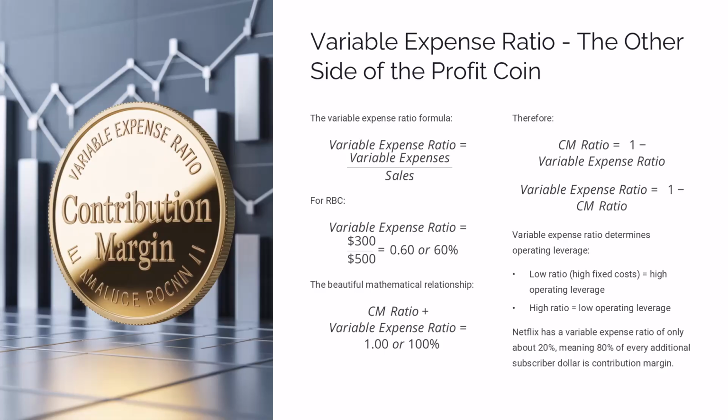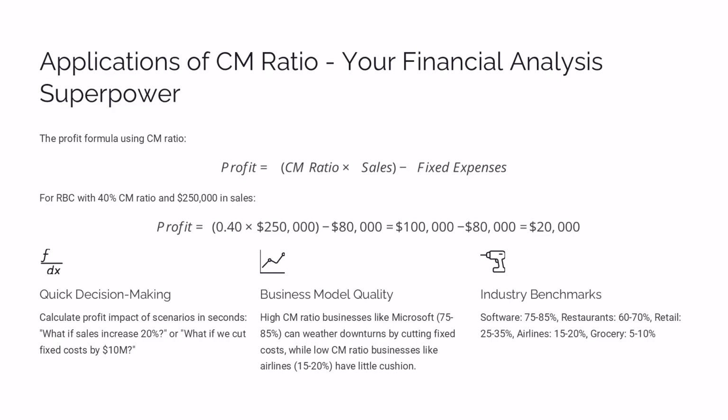The advanced application that consulting firms test for is understanding that variable expense ratio drives pricing strategy. Companies with low variable expense ratios, like Microsoft, can offer huge discounts to win deals because they still make money, while companies with high variable expense ratios, like Target, have very little room to discount without losing money. This is where everything comes together and you develop what I call X-ray vision for business.